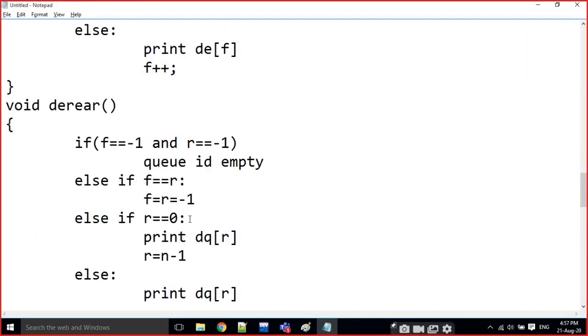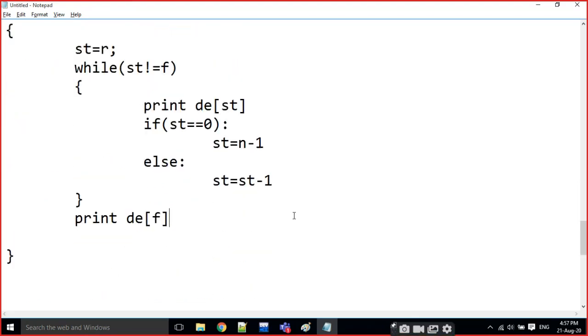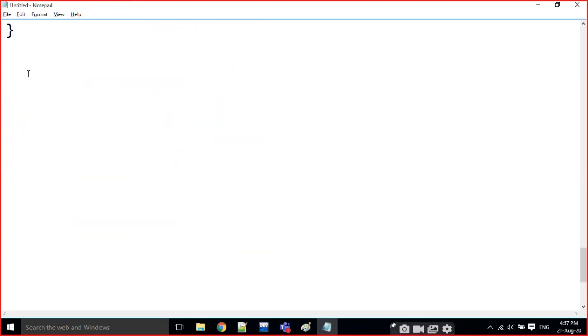We have to have a clear idea about circular queue, DQ, simple queue and stack. These are the different types of queues here. Now I am moving into a small intro about linked list. Linked list, what is the need of linked list? Why are we going for linked list? It relates to the arrays concept.